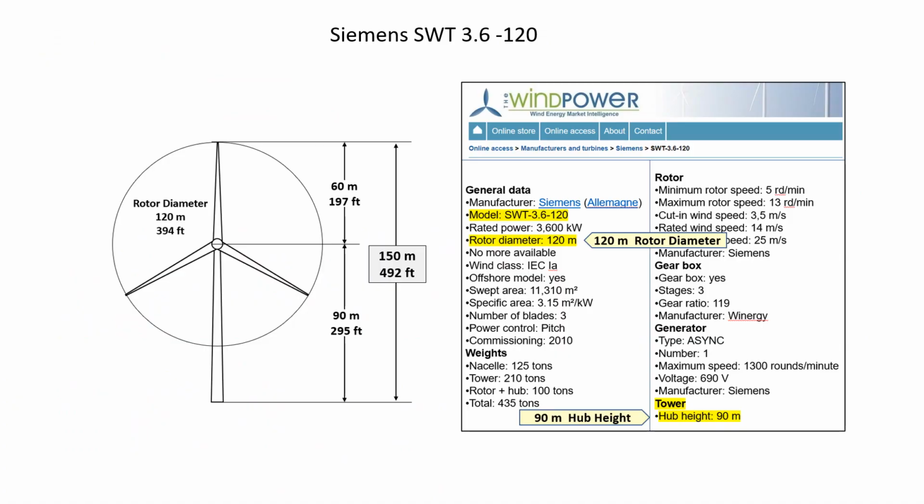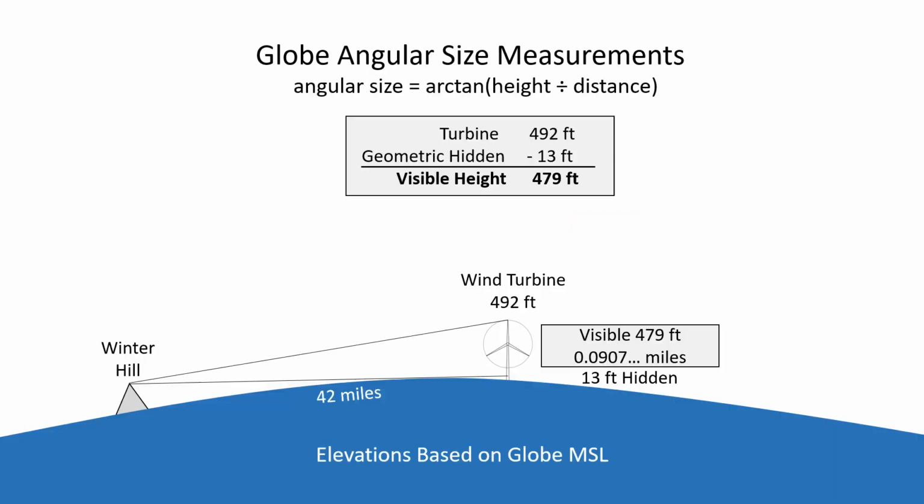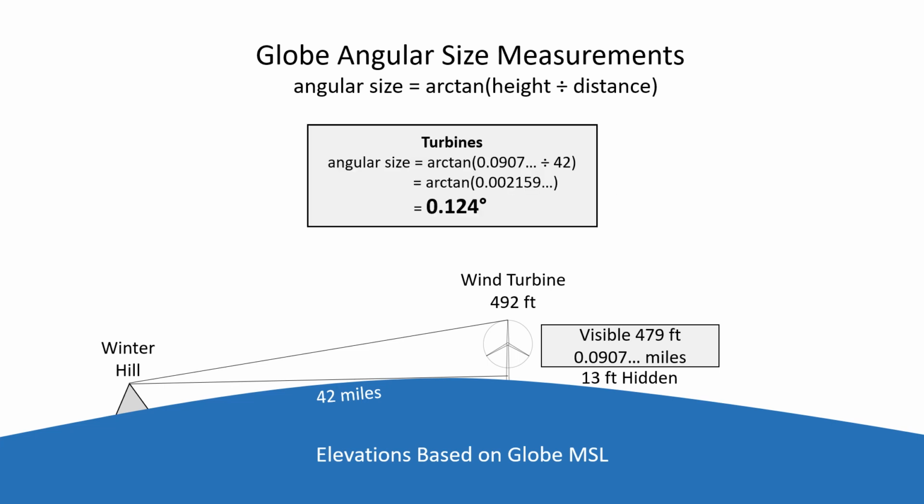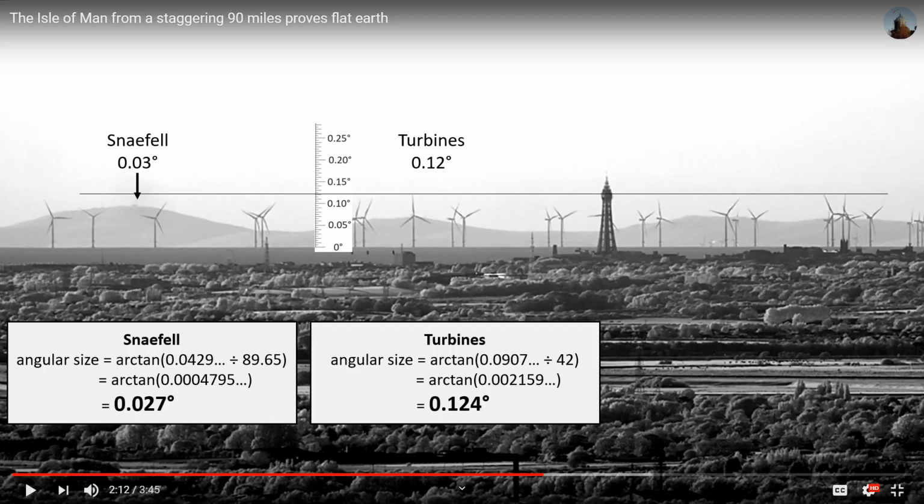The turbines are 492 feet to the top of an upright blade. So when we subtract the hidden, we get a visible height of 479 feet. And that gives us an angular size of 0.124 degrees. So I'm going to round that off to 0.12 degrees, and like I did with the flat Earth,